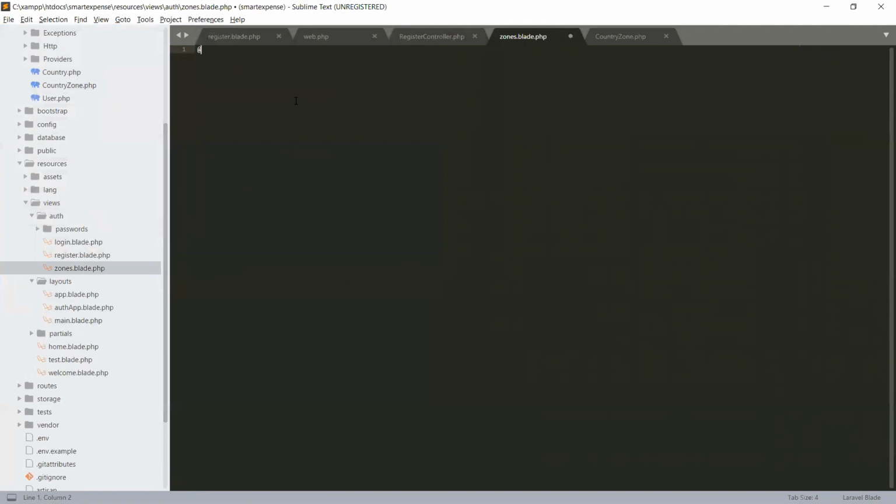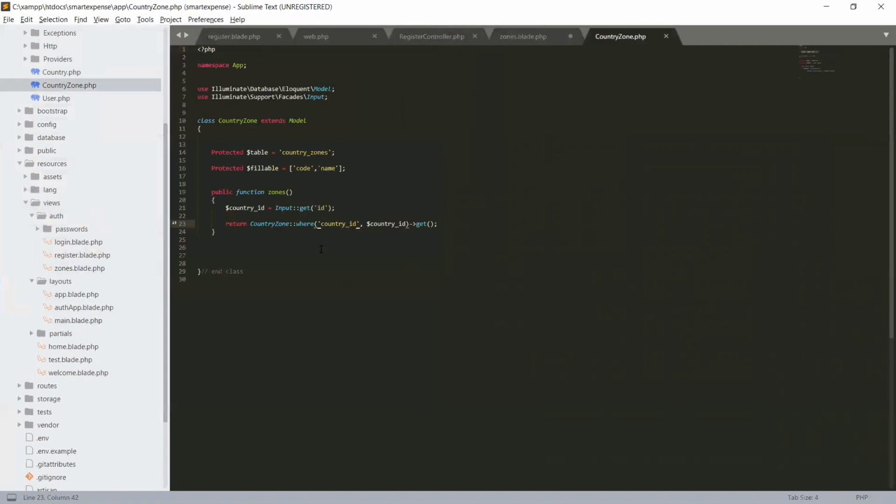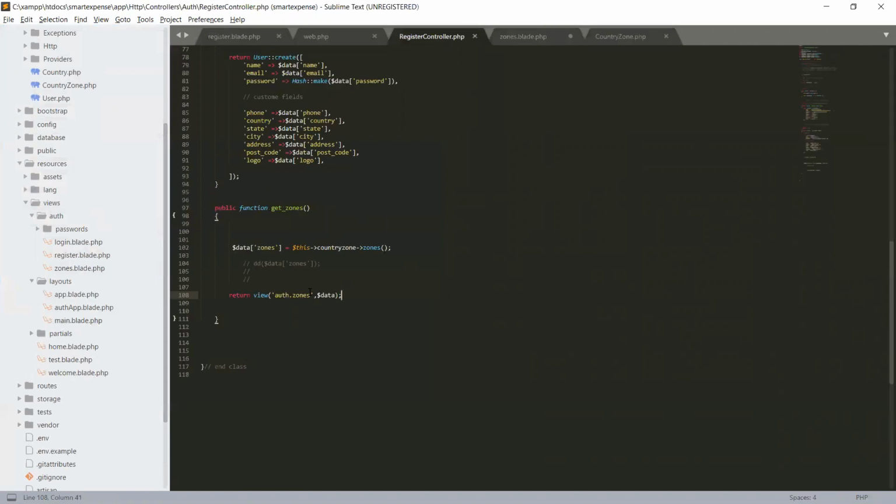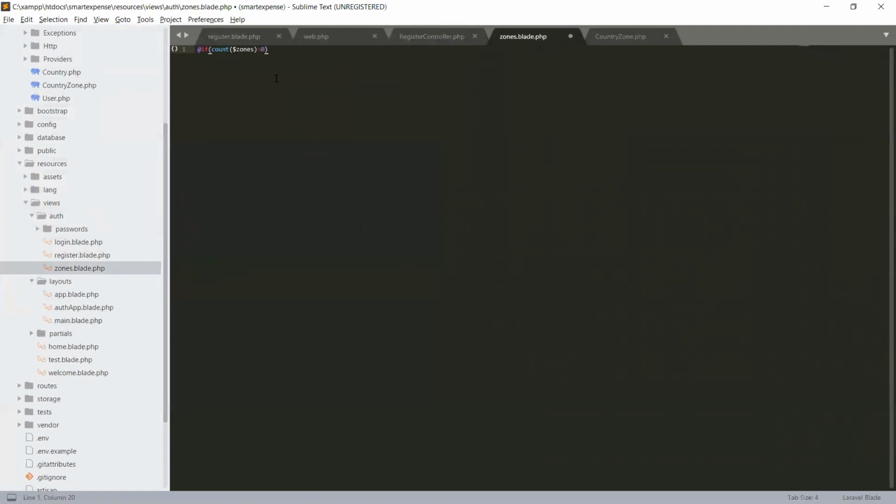use our check if there is data, if auth count, and count will be our zones variable that has a collection of zones. If it is greater than 0, remember that this variable, data zones, so we are returning to our view zones. So if and if,